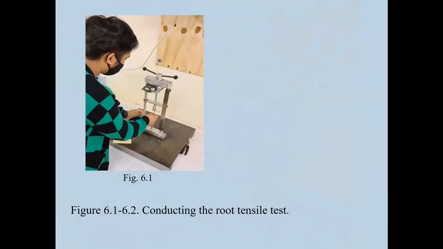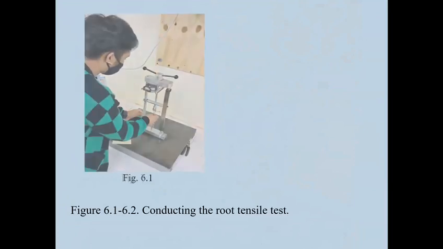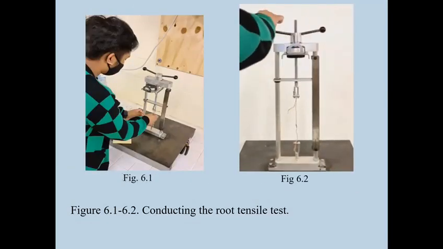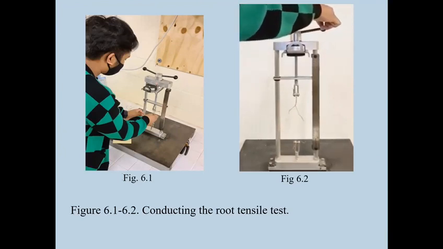We tied each end of the root to the top and bottom knobs of the tensile tester and measured the tensile length of the root. Then we began testing by turning the handle at a relatively slow motion, maintaining our speed as we conducted the experiment. Once the root snapped at the center of the root, we stopped turning the handle and recorded the tensile force.